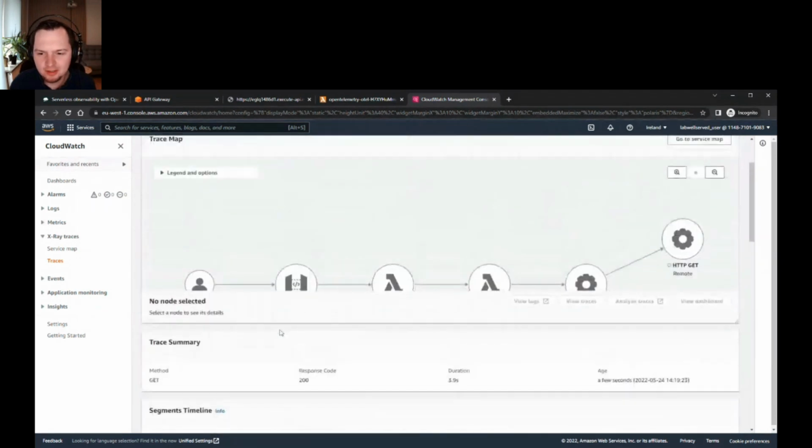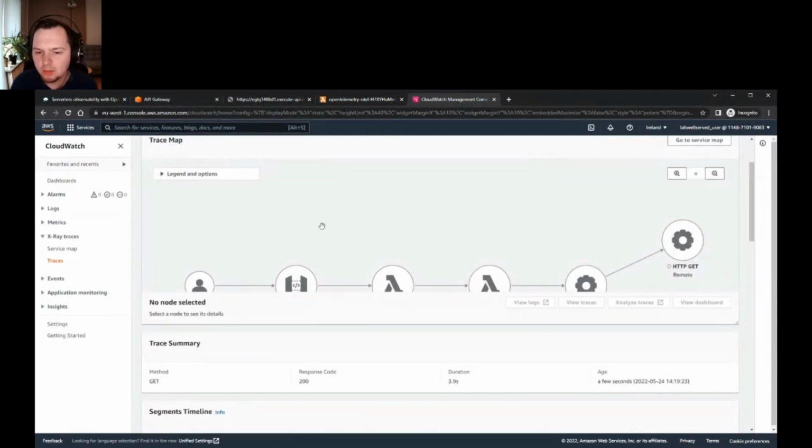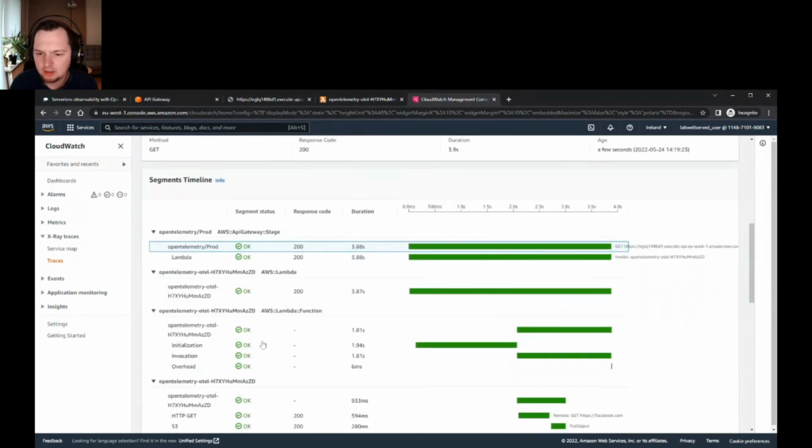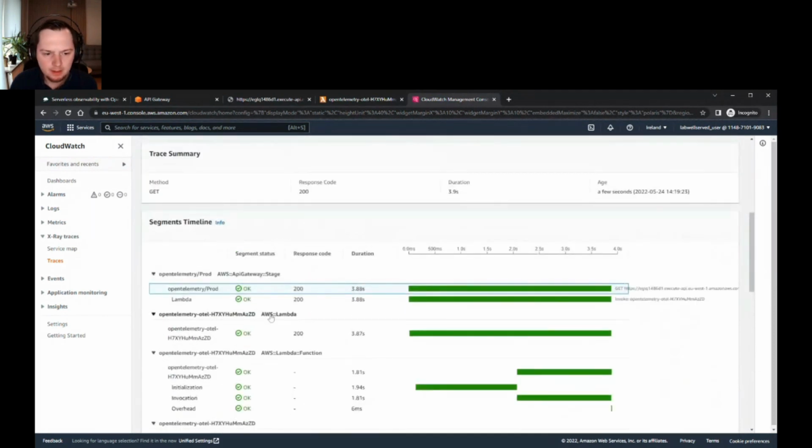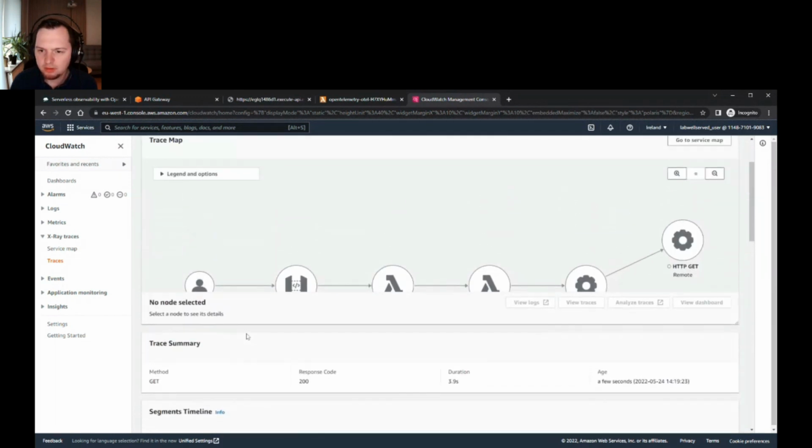Yeah, so what we did is quite simply we auto-instrumented our function. You notice that I didn't add any code into my Python Lambda function. It was done by the OpenTelemetry package that I included, and it was automatically exported to X-Ray where I can visually see the trace. Yeah, that's pretty much it. We fixed our application. So let me get back to my presentation.